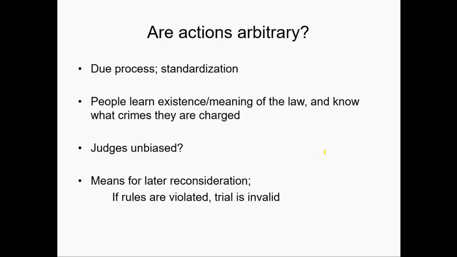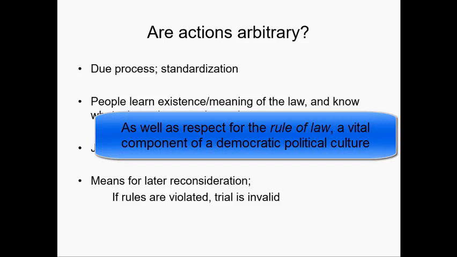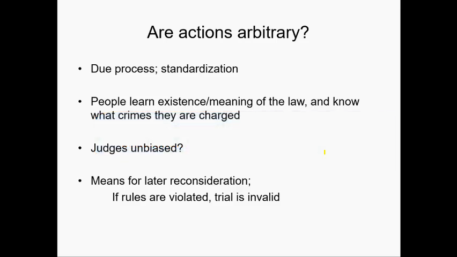The Fifth Amendment implies that we have due process of law. In the 14th Amendment, equal protection under the law. So we have a certain amount of standardization that everybody has to comply with in order to take that arbitrariness out of the system, and we follow the rules and we dispense justice. Also, it requires some amount of knowledgeable society. People need to know that a law exists, what a law means, what crimes they are charged with, and what process they are entitled to.